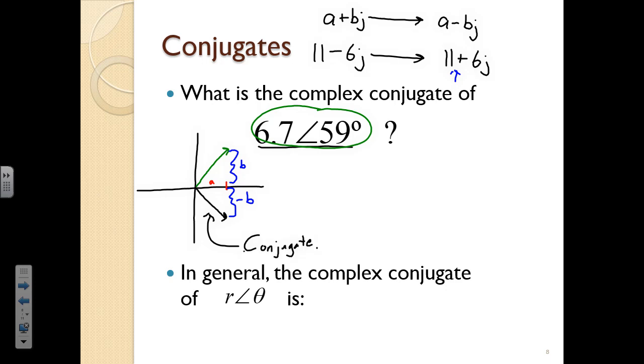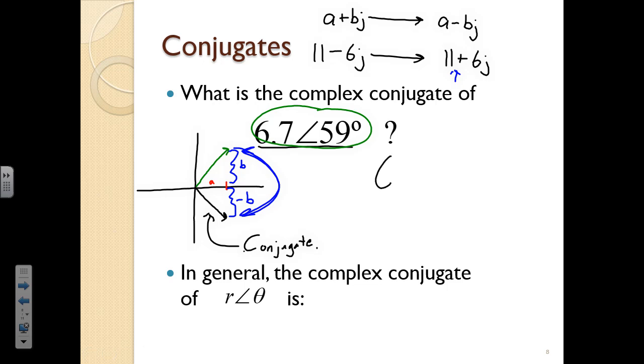But if it has the same real part and the opposite imaginary part, then the short way to say that is, instead of a vector that points up, it's just going to point down. And if the vector were to point down, it would point up. All that does is switch the imaginary part from top to bottom. And so that means that the complex conjugate